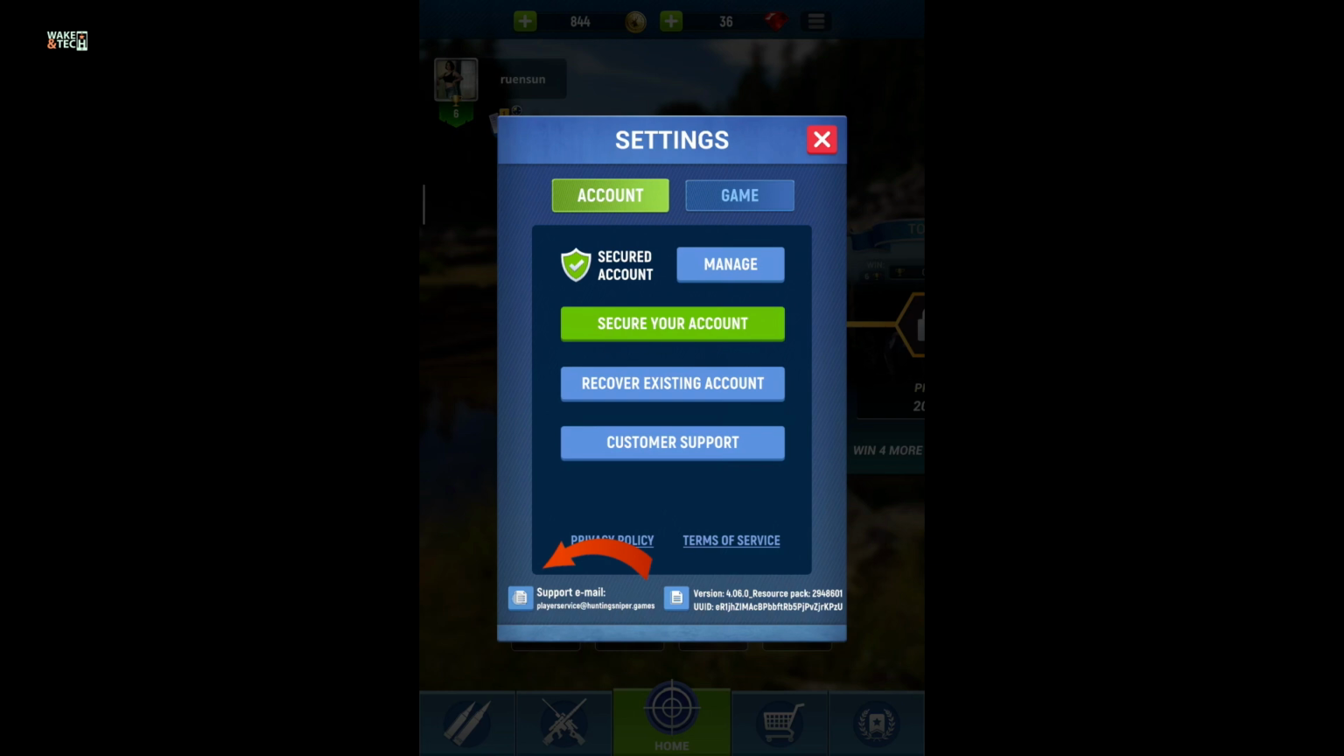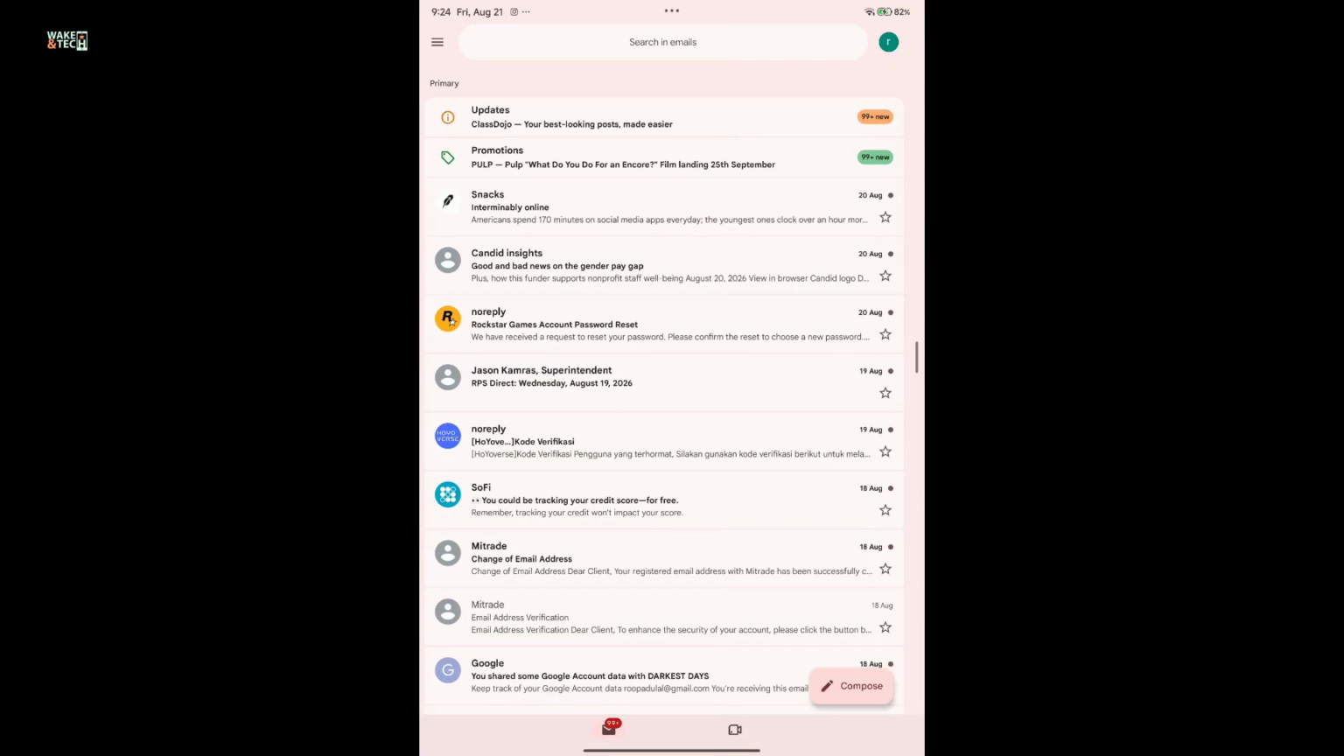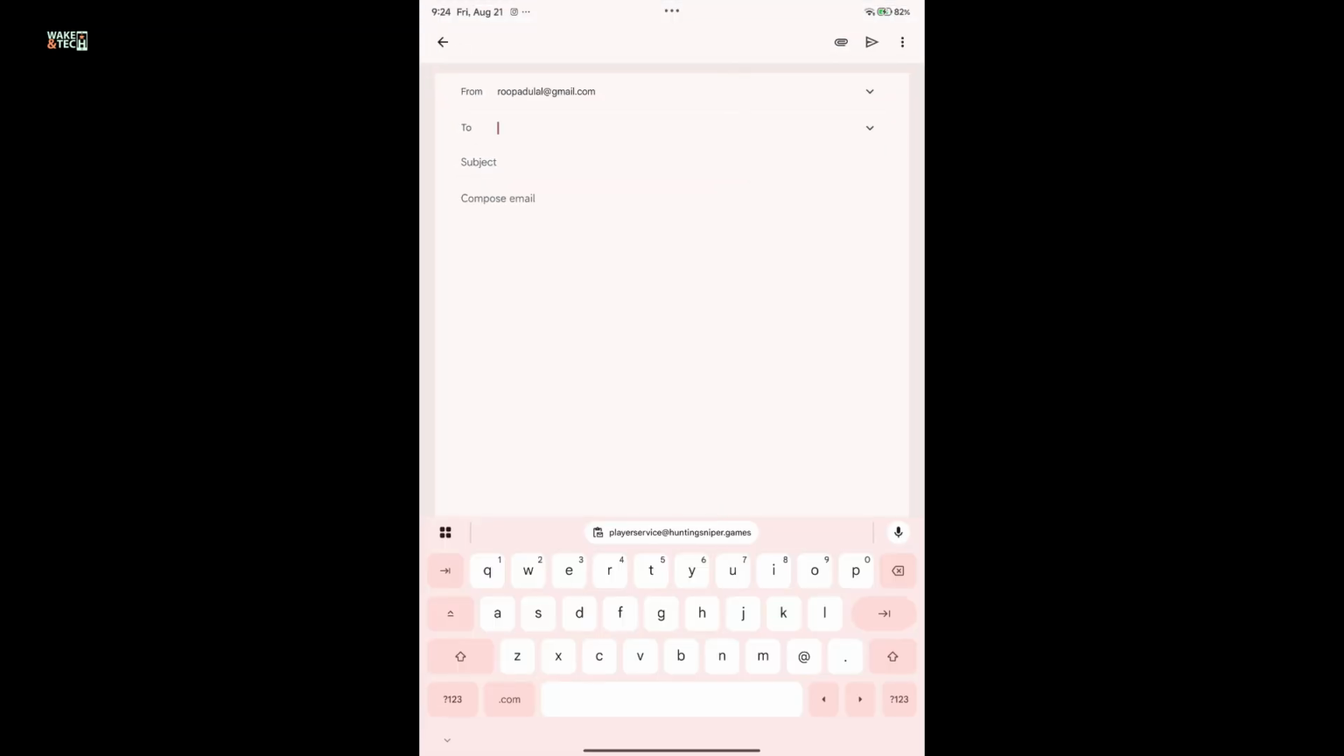bottom. Tap the copy button right in front of support email, and once you copy the email, you can go ahead and open up your email service provider's inbox and then click on the compose button at the bottom right. In the to text box, paste in the email that you just copied and then go ahead and enter the